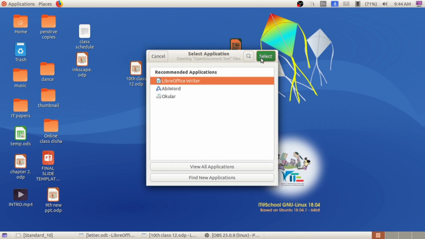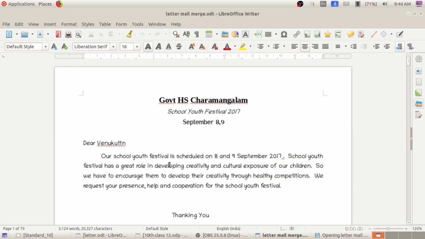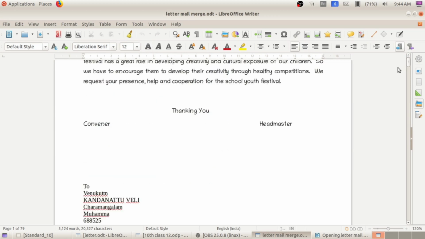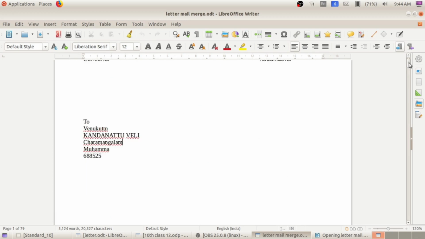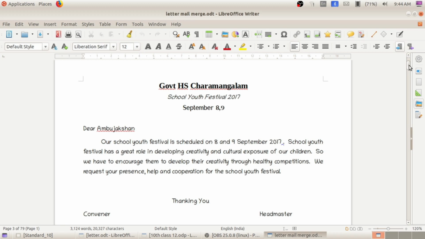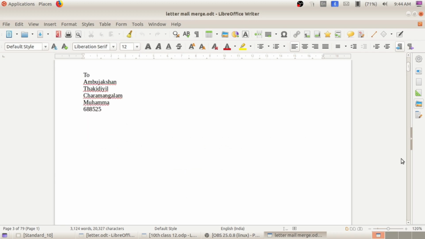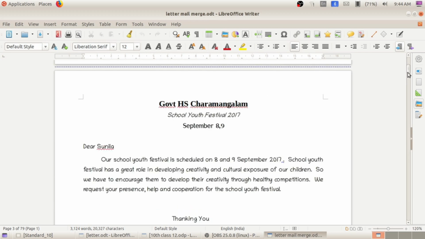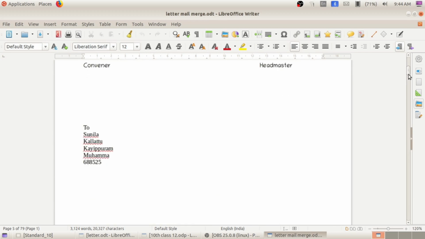Open this in LibreOffice Writer software. See, in the name place, the name has come. Then just scroll the document. Here we can see the address of the first parent, and if you scroll again, the next document has come. Here we can see another name, the second parent, and just scroll again. Here we can see their own address, and if you scroll again, the third document with another name and their address,